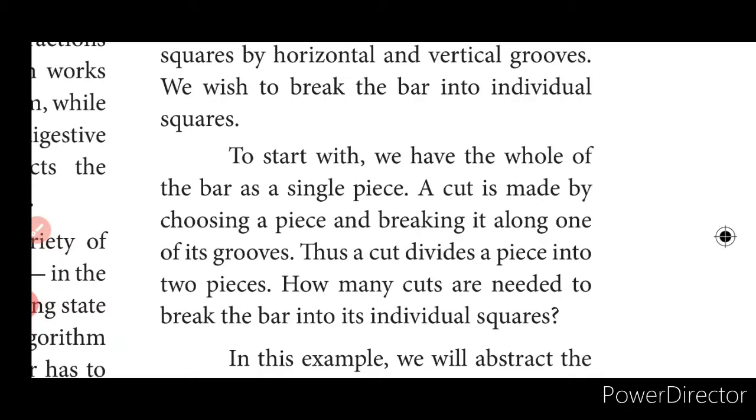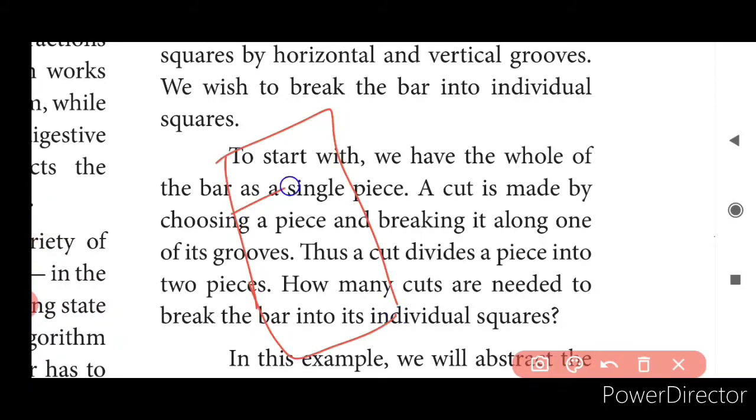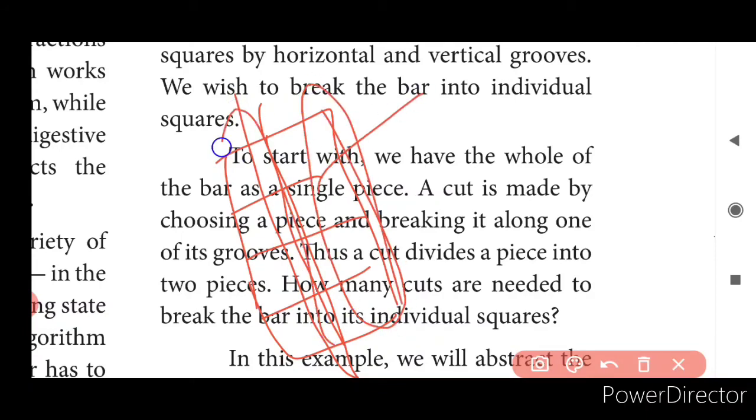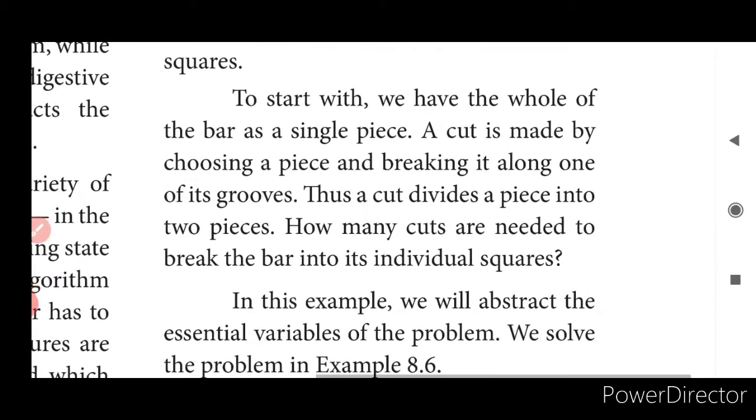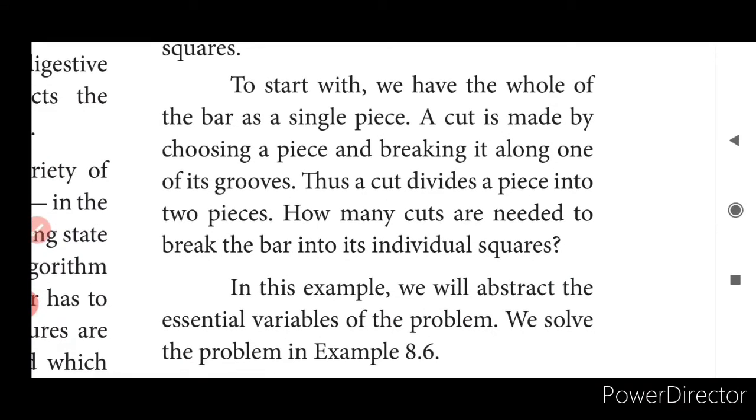Yes or no? Let us have a vertical bar like this. This is going to be a chocolate. Let us imagine, if I am going to break it this way, how many pieces will I have? This side one piece, this side one piece. It is going to be two pieces. Yes, again if I divide, it is going to be a further two pieces, isn't it? So finally, how many cuts will you be able to do to make it into individual squares?